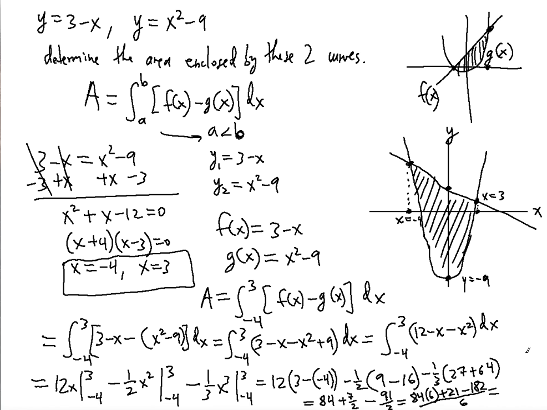Let's check. 84 times 6 plus 21 minus 182. Good. It gives me precisely the correct answer. So the correct answer is 343